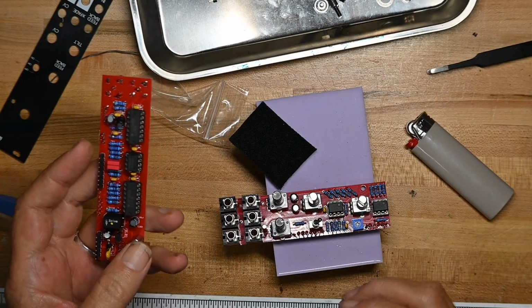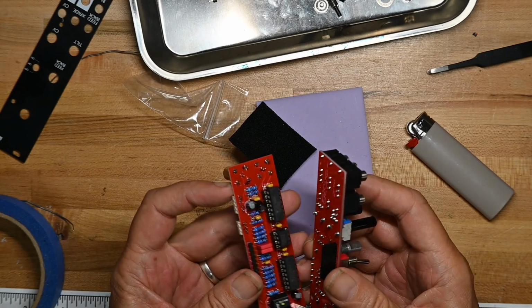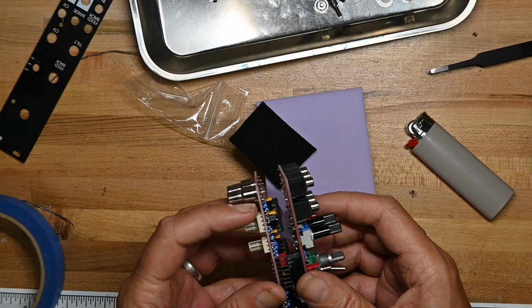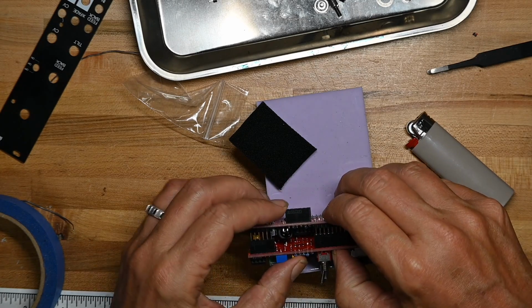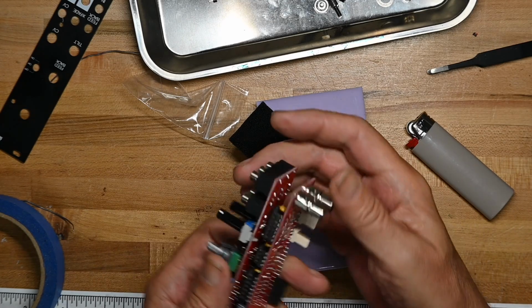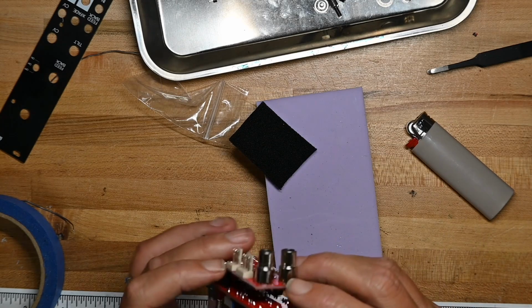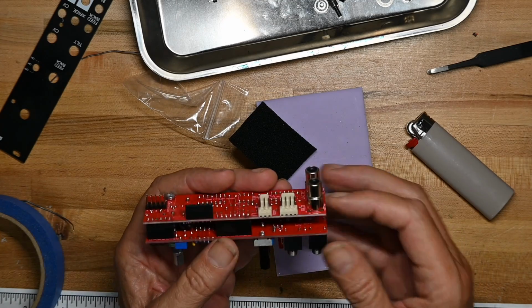And now we're going to mate them. Always the more challenging bit. Make sure all the pin headers line up, and they do. That went together really smoothly. There's still a little flex up here. I might have put a hex spacer. Yeah, see, I would have put a